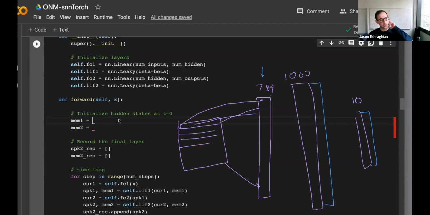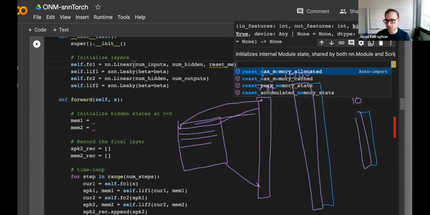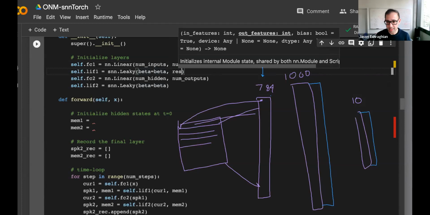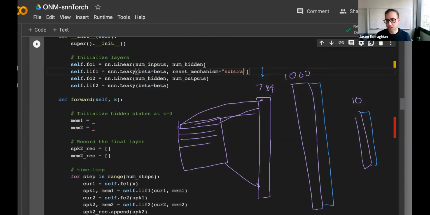Also, I remember Bodo mentioned that the reset mechanism that you use is also quite important for the conversion process. So wait, I can change the reset mechanism here. By default, we have the subtraction method, reset by subtract. You can clamp it to 0. You can also say none, so there's no reset mechanism either. That's not going to promote sparse spiking activity though, which means more power consumption if you're running on neuromorphic hardware.